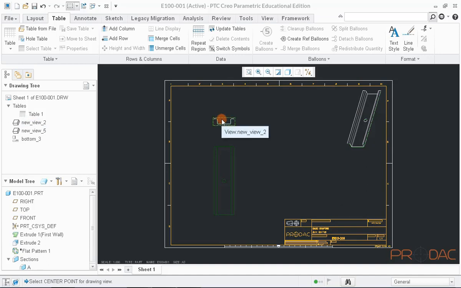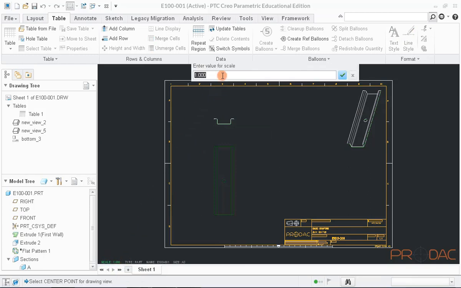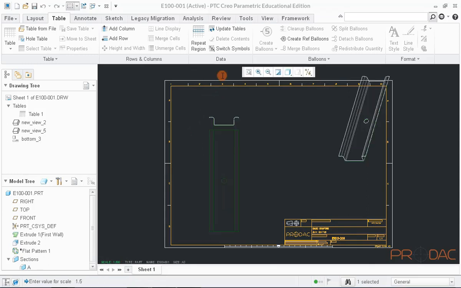If we need to change the scale of drawing sheet, then navigate to the bottom left corner of the window. We can click on the scale and then change it as needed. Adjust the view position in the sheet by dragging them.